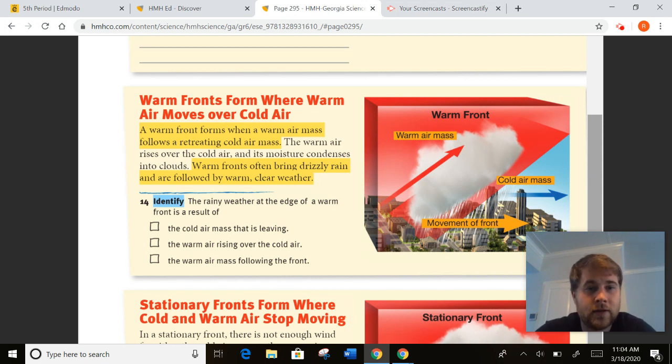The warm front forms when warm air is following a retreating colder air mass. Since it's less dense, it's not really pushing it in the same way that the cold air is, but it's going to be following behind it. Where the warm air rises, the interaction between cool and warm results in the moisture